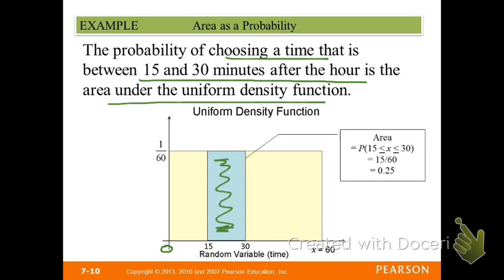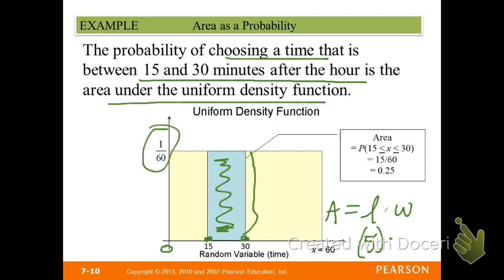Okay, and then just think about geometry, really. What's the distance from here to here? 5 units. From 15 to 30, right? So the area of that blue rectangle there, it's good old length times width. Well, from 15 to 30, that's 5 units. And the width, or more the height in this picture, we know is 1/60th. So whatever 5 times 1/60th is, which is